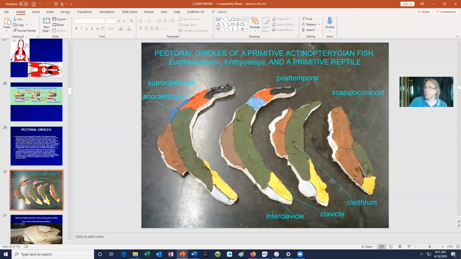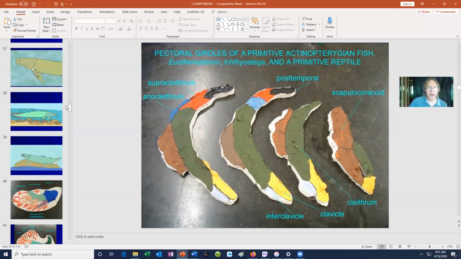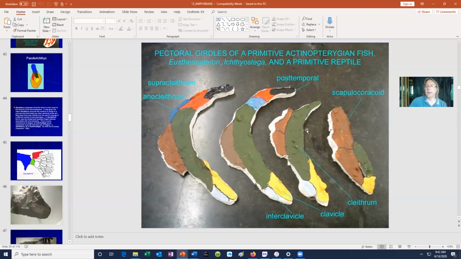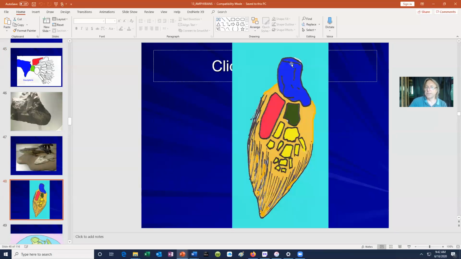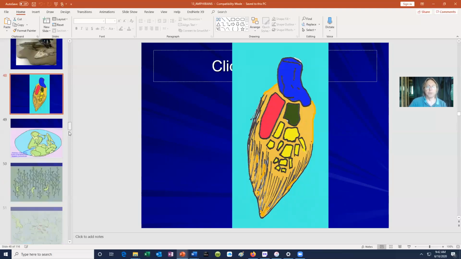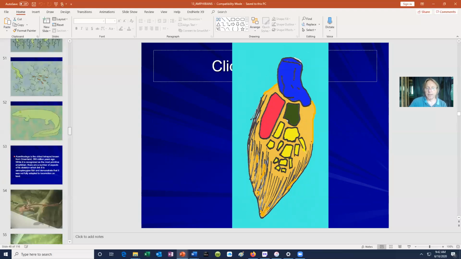The big modification was not adding anything, but just taking these away to make the girdle of the first amphibian like the girdle of those... I'm sorry, to make the girdle of these fish like the girdle of these amphibians. So notice when we look at Sauropterus, there are joints between these extra carpal bones. So not only do we see this L-shaped humerus, a radius and an ulna, and carpal bones, but we see a wrist joint. So the wrist evolved before the